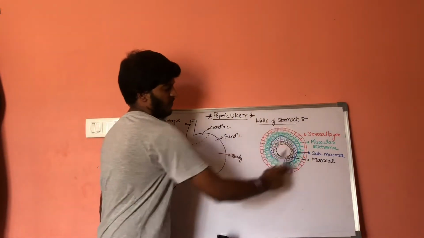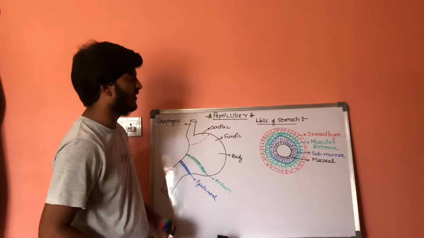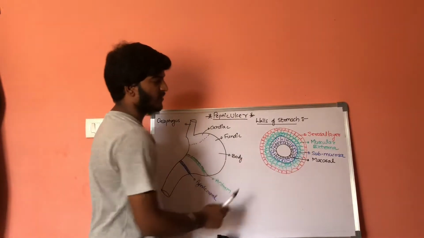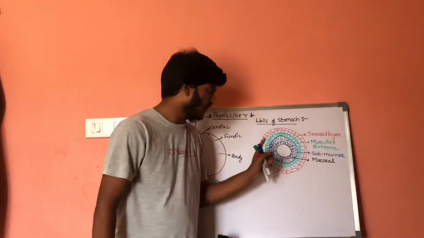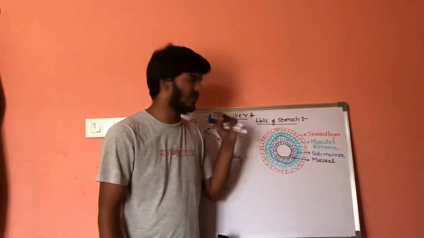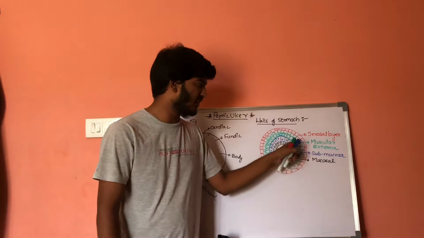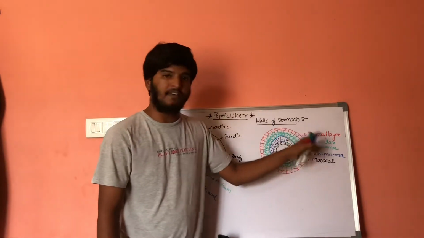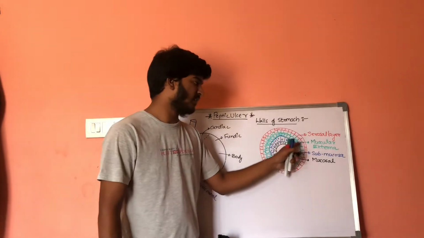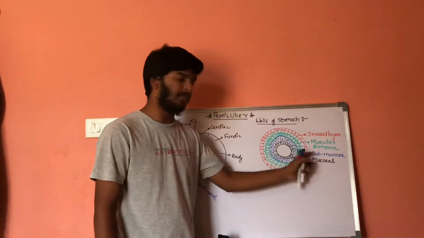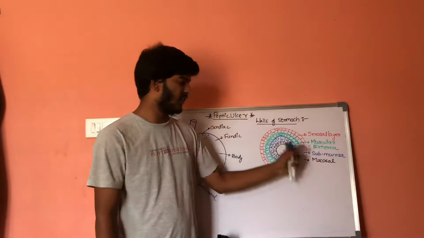These are some important walls of the stomach. The outermost layer of stomach is called serosal layer. The next layer is muscularis externa, which is internally divided into two regions. The outermost layer consists of longitudinal muscles. The inner layer consists of circular muscles. Next to this, the next layer is submucosal layer. Next to the submucosal layer is the mucosal layer.